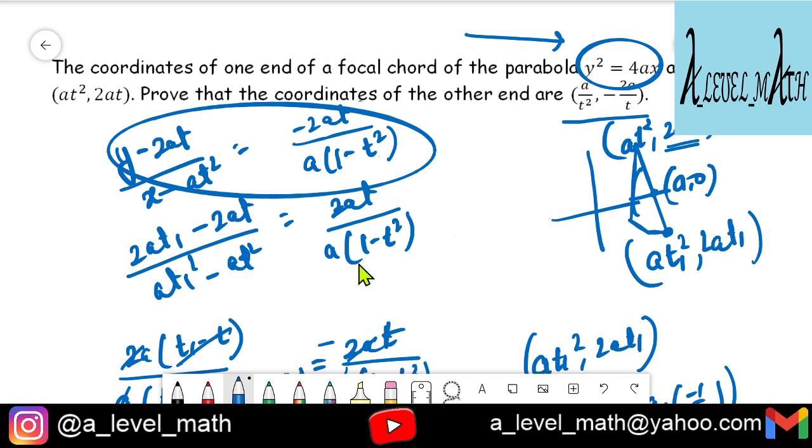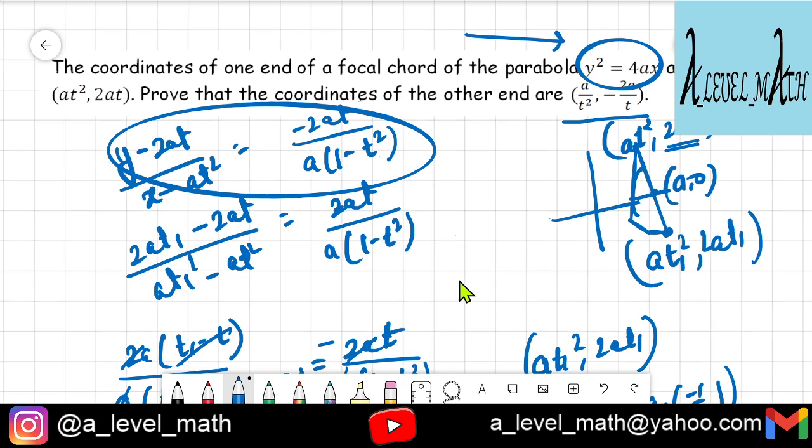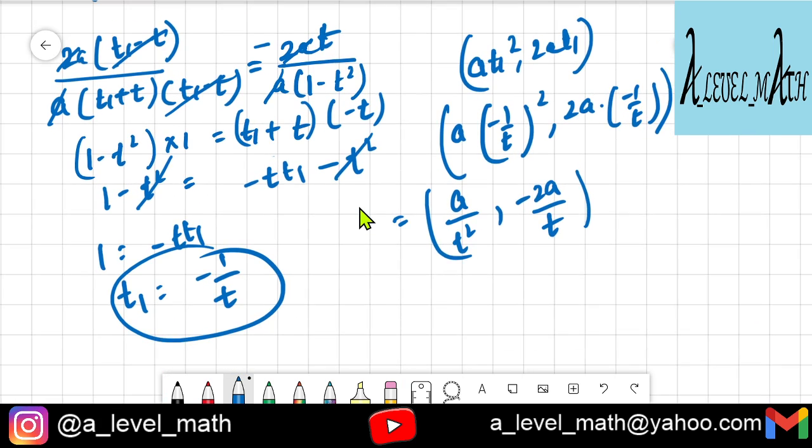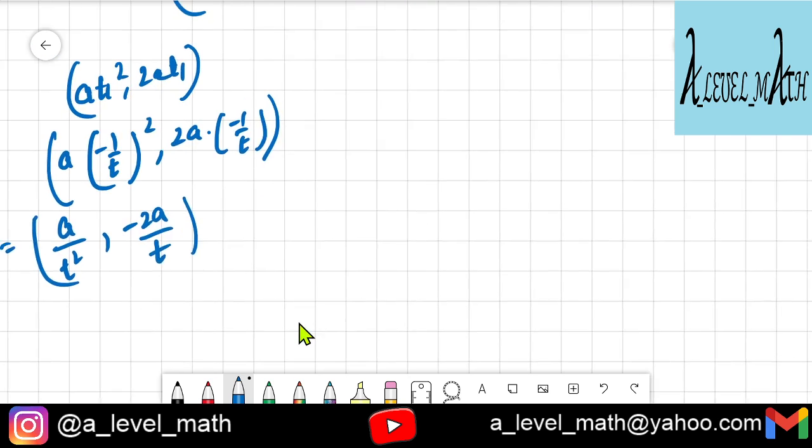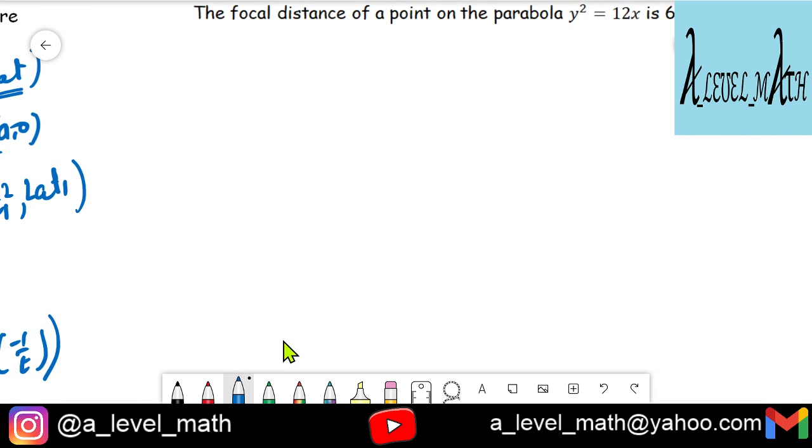Okay, so we just plug in the values of at1 square and 2at1 in place of x and y, because this point should be passing through this line. That is what is required. So if we feed these values in place of x and y, then I get some value of t1 in terms of t. I just plug in the point and I get the required answer. That is all I do. I think I just messed up in the solution part, but thanks a lot for bearing with me. Let's take up the next question now.